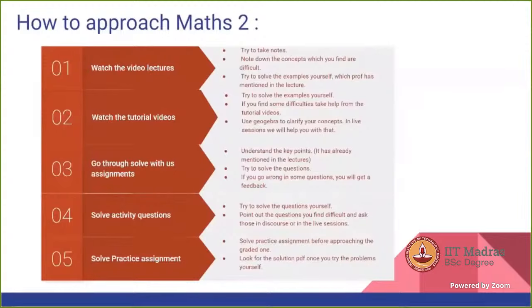So solve the practice assignment first. Still, if you are facing difficulty, then look at the solution PDF, but before that, solve it yourself. So this is the process. If you approach Maths 2 like this, it will be very helpful to you in understanding the topics and solving the questions.